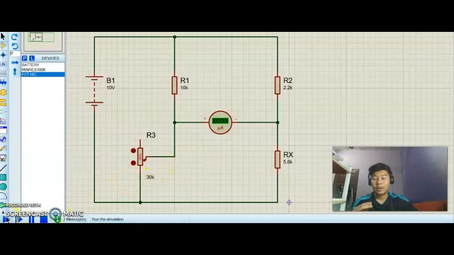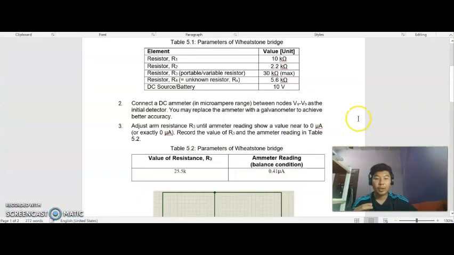So we can run the simulation, and then we need to adjust this variable resistor until we get the DC ammeter equal to 0 or near 0. So this is the final value that we got, which is 0.41 microampere, and the variable resistor is 85% of 30 kilo ohm. So we put it in the table here,